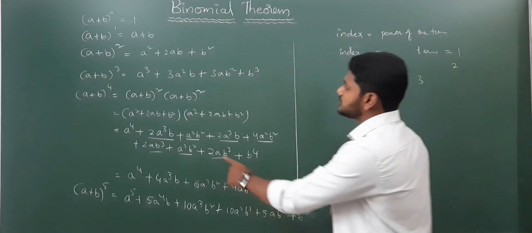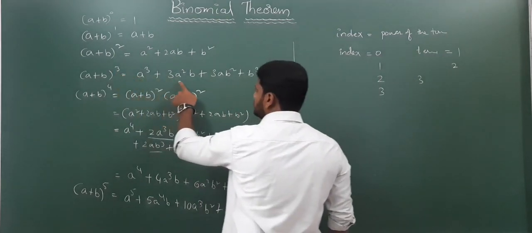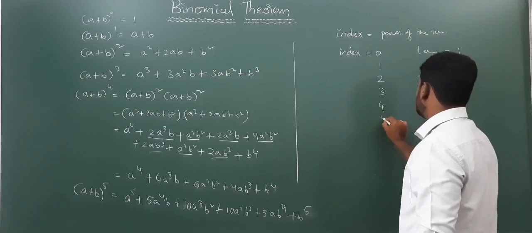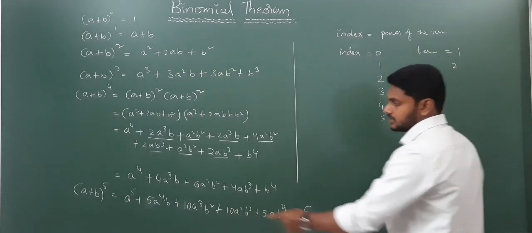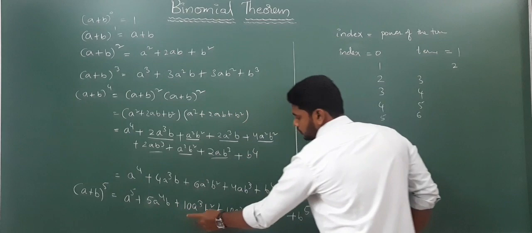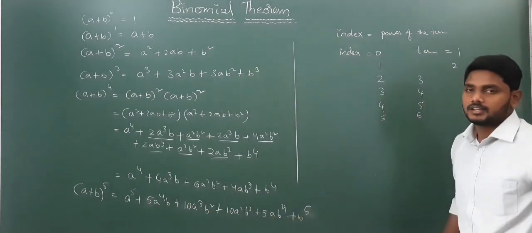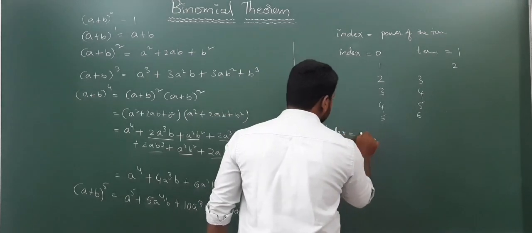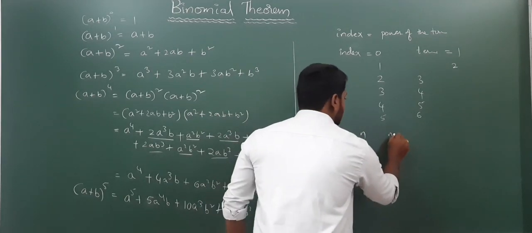Next, 3 means whole cube. 3 means 1, 2, 3, 4. 4 terms. If it is 4, if it is 5, if it is 6, you can check. Here if it is 5, 1, 2, 3, 4, 5, 6. Like that. If index is equal to n, then number of terms